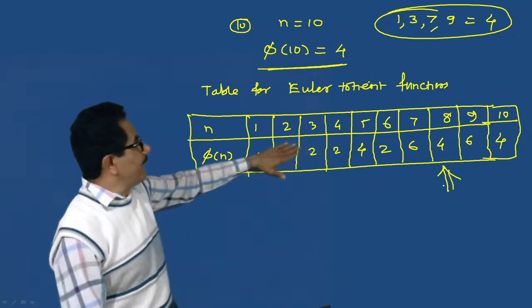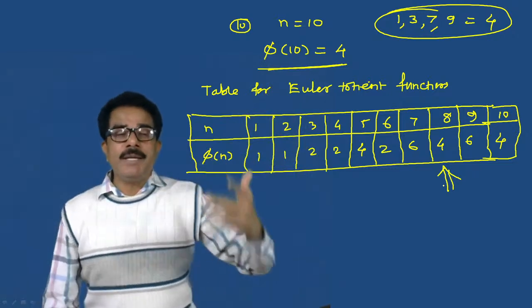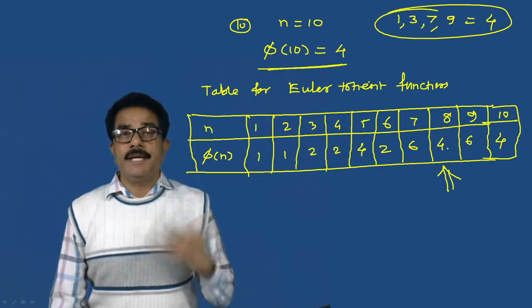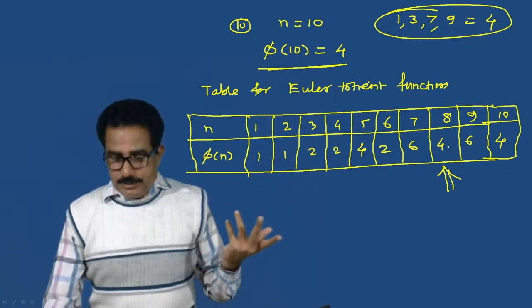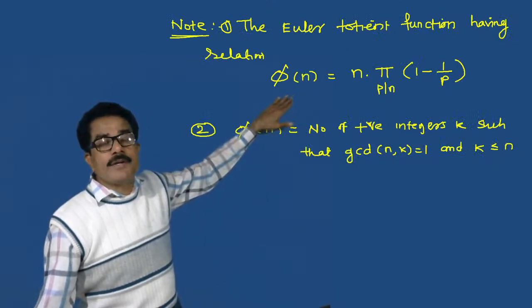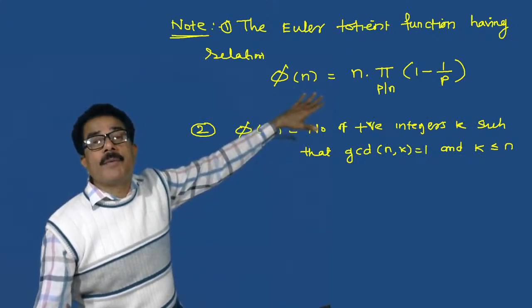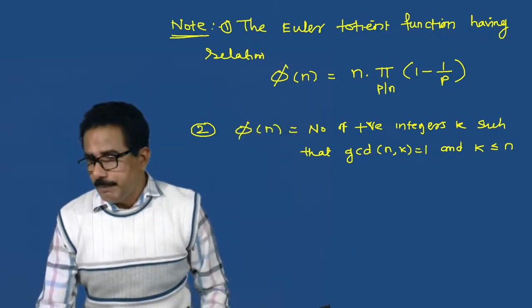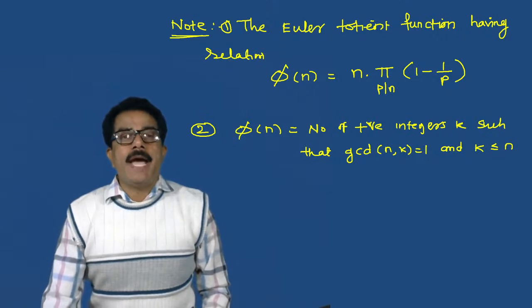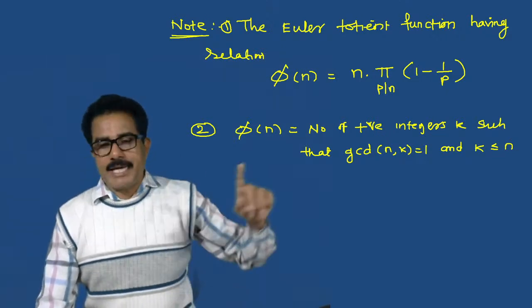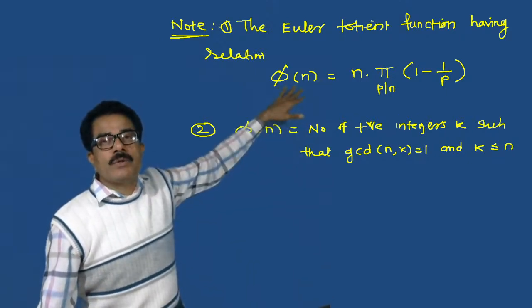अगर आप डायरेक्ट भी निकाल सकते हैं, रिलेटिवली प्राइम से भी अगर आप निकाल दिए तो phi of 8 की वैल्यू कितनी आती है, 4 आती है। So we can obtain the Euler Totient function by using the formula of a product function, that is phi of n is equals to n into pi over p divides n, 1 minus p। समजलं का रे, हा फॉर्म्युला आहे Euler Totient फंक्शन फाइंड आउट करण्याचा